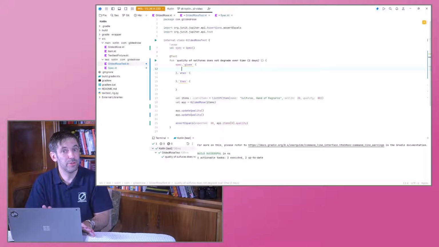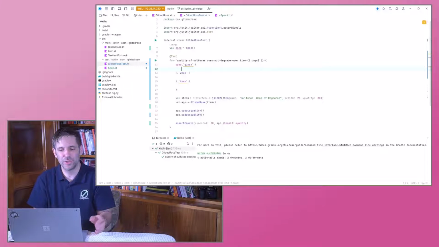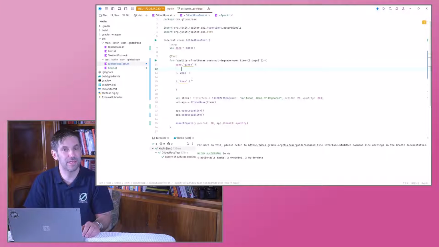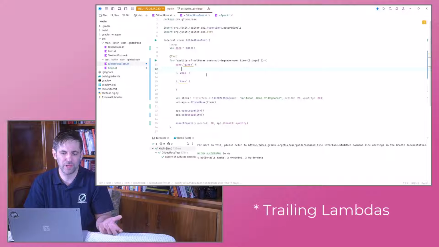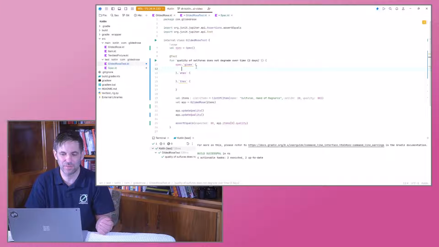So the two tricks or Kotlin features I used so far is backtick functions, so that I can use when as a function name, even though it's a keyword in Kotlin. And the other Kotlin feature I've used are trailing closures, where when a closure or a block is the last argument of a function, we can write it after the function code. So instead of writing it inside the parentheses here, I can just skip the parentheses and write the closure afterwards. And because of those two features,